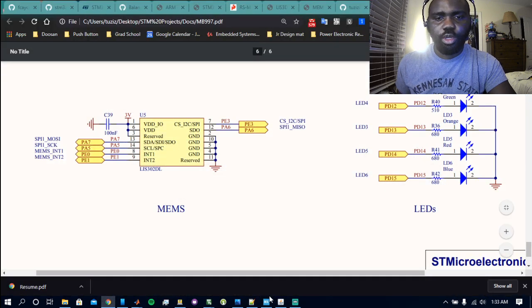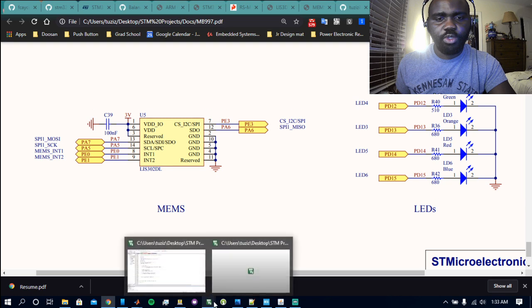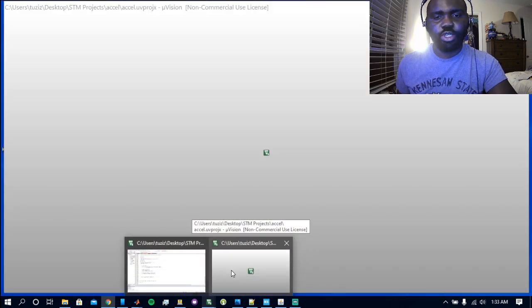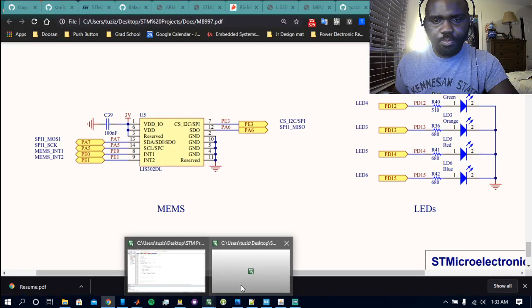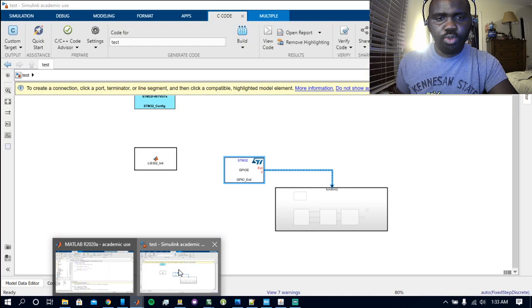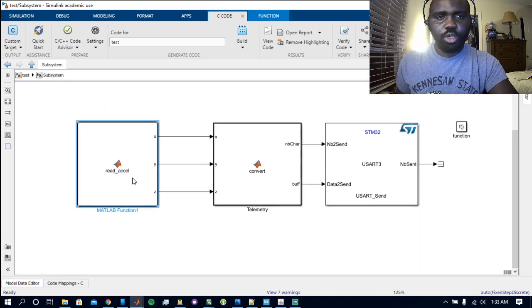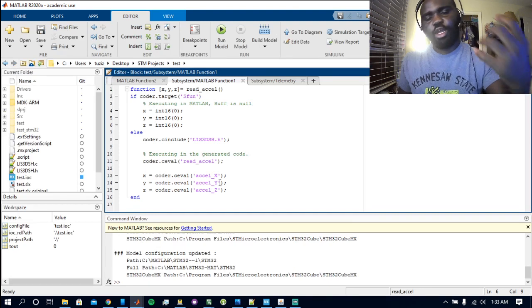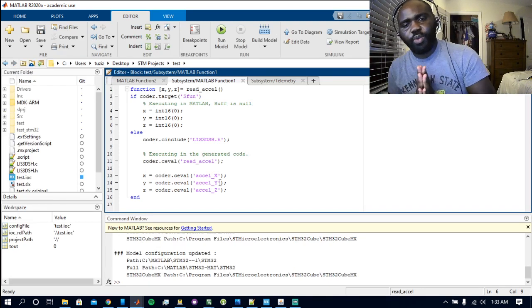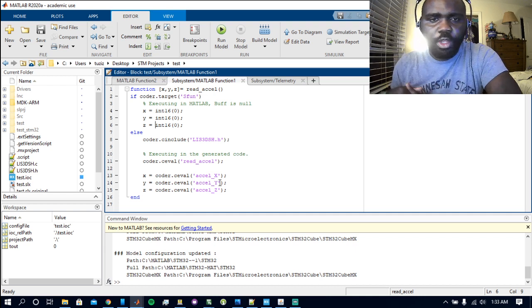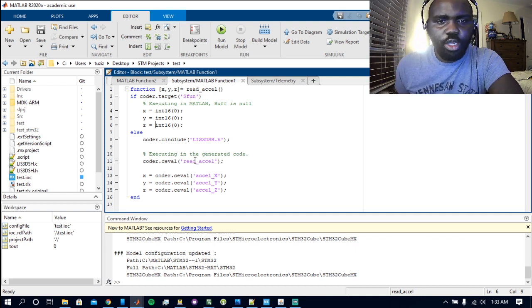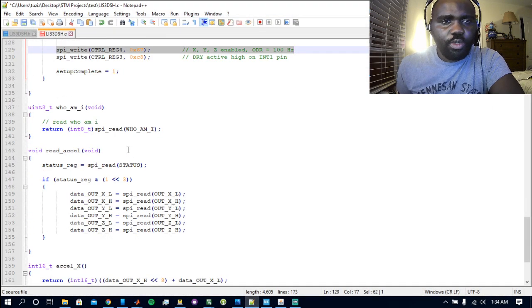Because if the P0 is driven, it drives that 100 hertz signal and creates a 100 hertz interrupt subroutine that can then be used to extract the readings once it is ready. So here I cut up these read Excel functions. Let's go back here. What this one does is